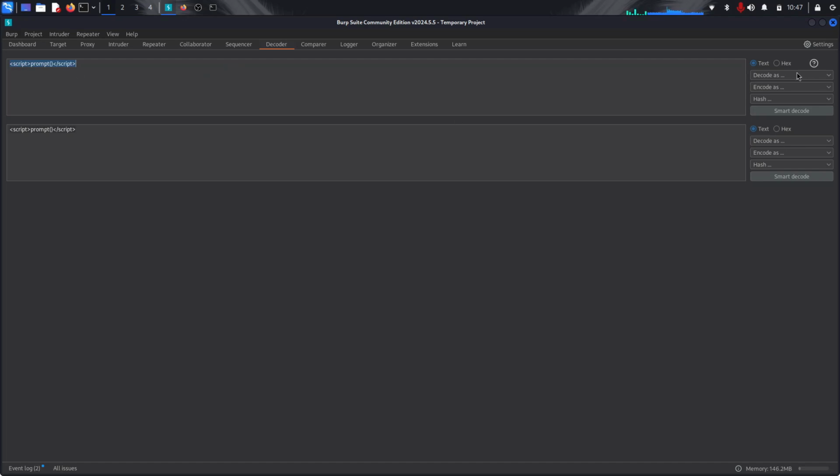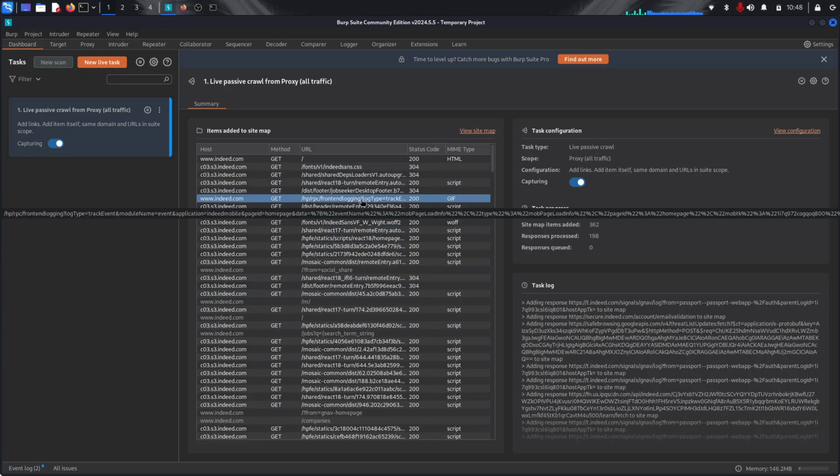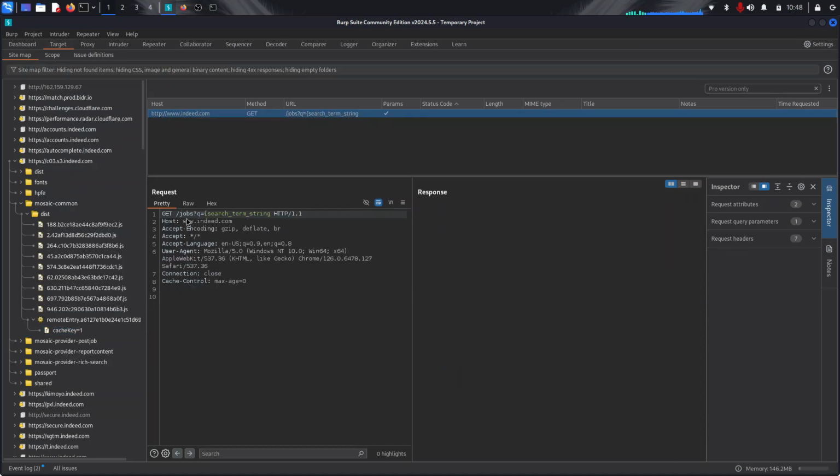You can encode this maybe as URL, and if you copy this and use it in a URL, let's go back here and take one with a query. So let's say Indeed, let's say here like jobs query. So let's take this here, /jobs query, and then here